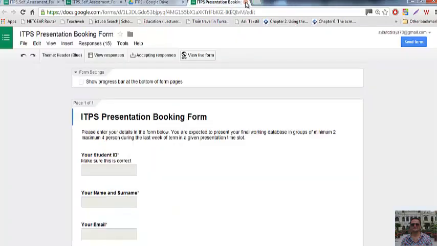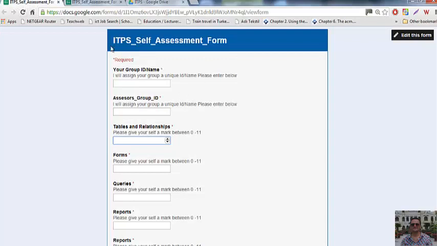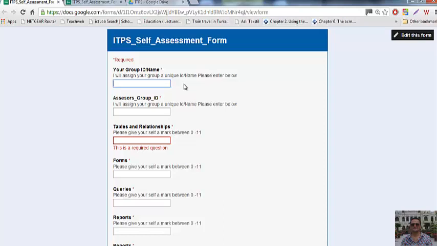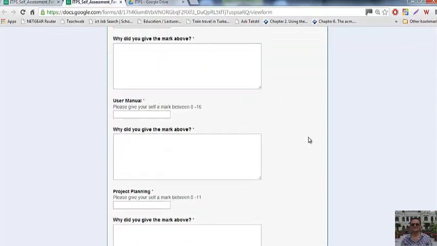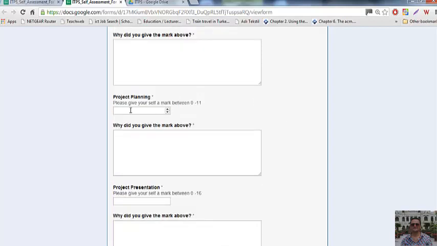Let me just close this one and this one. ITPS self-assessment as a group. I will give you access to this area. I'd like you to write in there an ID or a name that I will assign to your group, and then make sure that you assess your work. In fact, this is the self-assessment one. You give yourself, for example, let's go down to the project planning. Here we are. It is between 0 and 11 marks. Therefore, if I gave my planning a 7 mark, I need to write down here why I gave myself 7 marks. So the reasons that